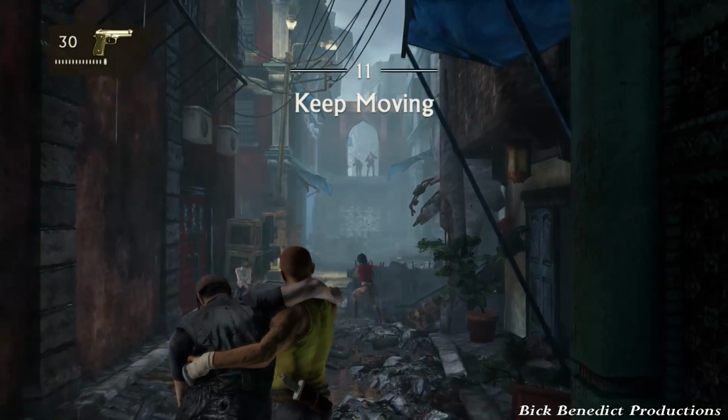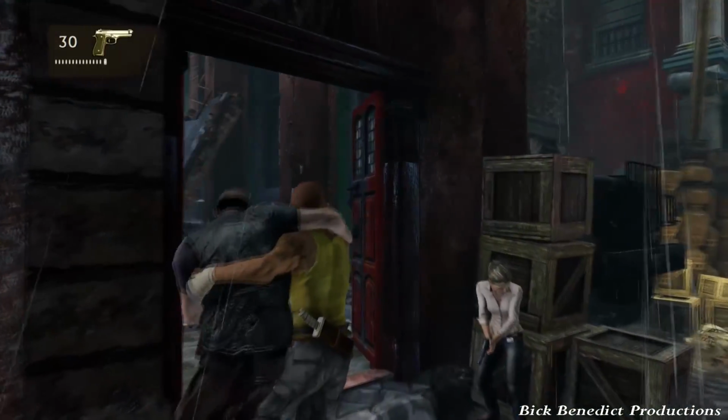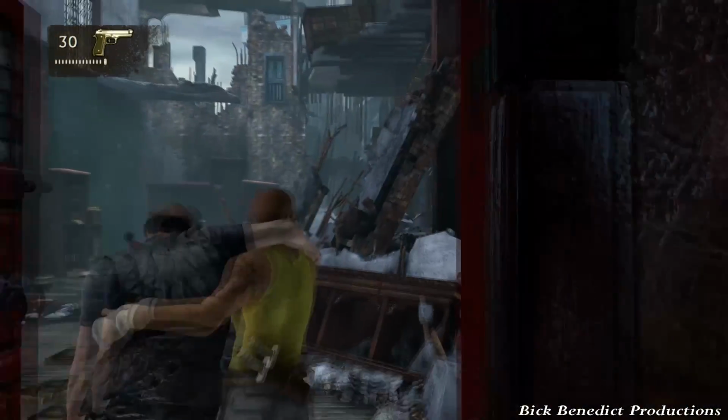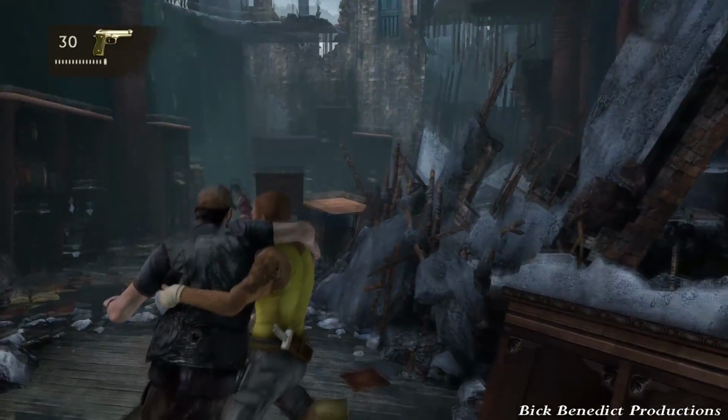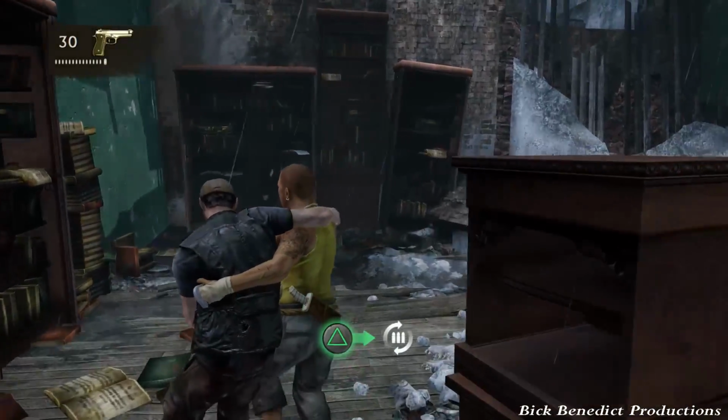We're playing Uncharted 2 Remastered on Brutal difficulty. This is my guide and walkthrough. We're currently on chapter 11 of 26. It is entitled Keep Moving, which is a rather difficult thing to do when you're getting put down so quickly